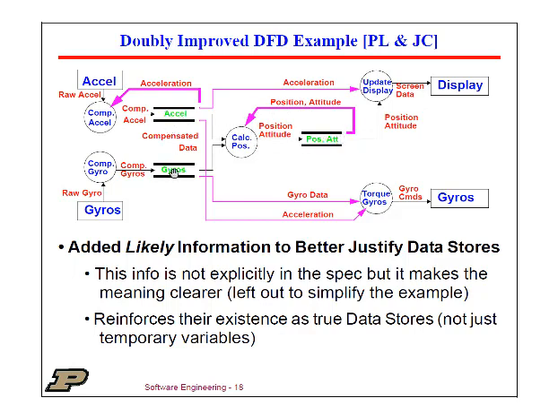Because these are derivatives of these values, they're updates to the old value. So that's a couple of extra things that are just reminding us why these things really are there. And again, it's reinforcing their existence as true data stores, not just temporary variables. Because a temporary variable generally doesn't rise to needing a data store, which is a persistent storage of a value. Okay,